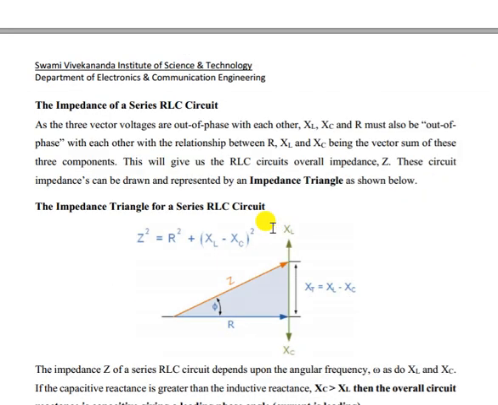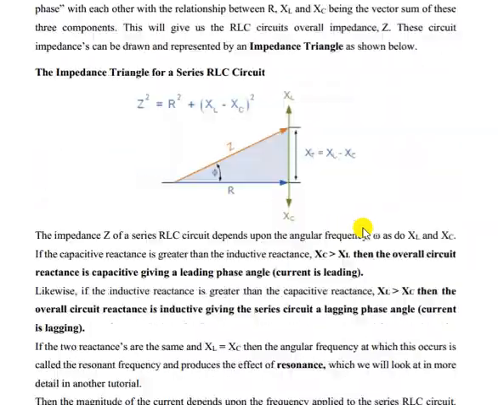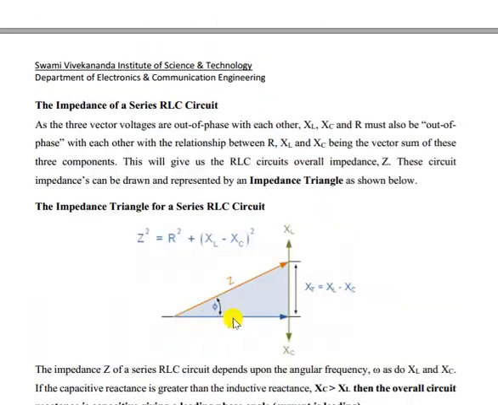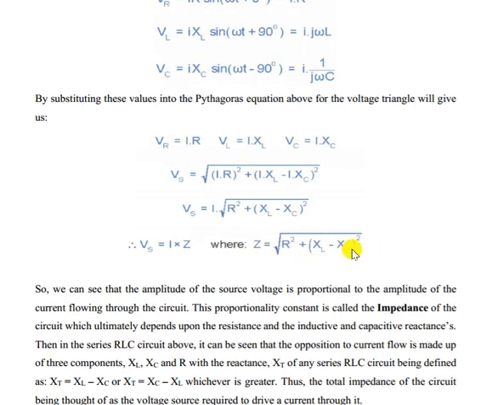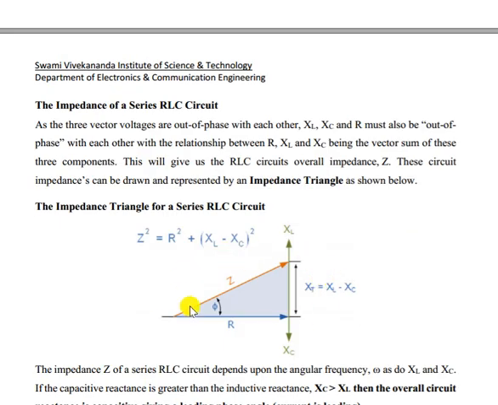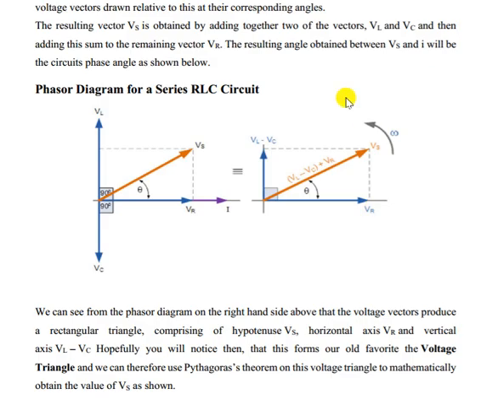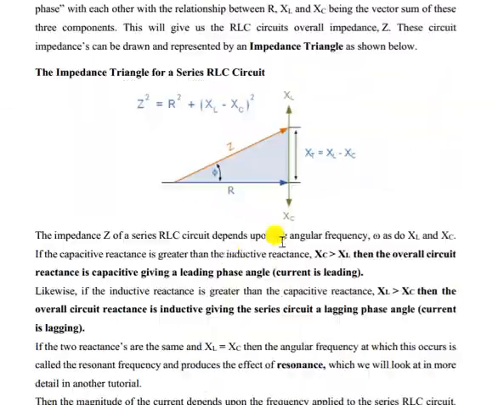Okay. Now, similarly we can plot another triangle: this is your R, this is your XL, XC. Now we are considering say XC is smaller. So after subtracting, we got X equal to XL minus XC. Then we can find out Z. So this formula we can apply in a triangular format also. So Z square equal to R square plus XL minus XC whole square, similar to this voltage relation. Okay, this is the voltage relation and this is your resistance and reactance triangle.